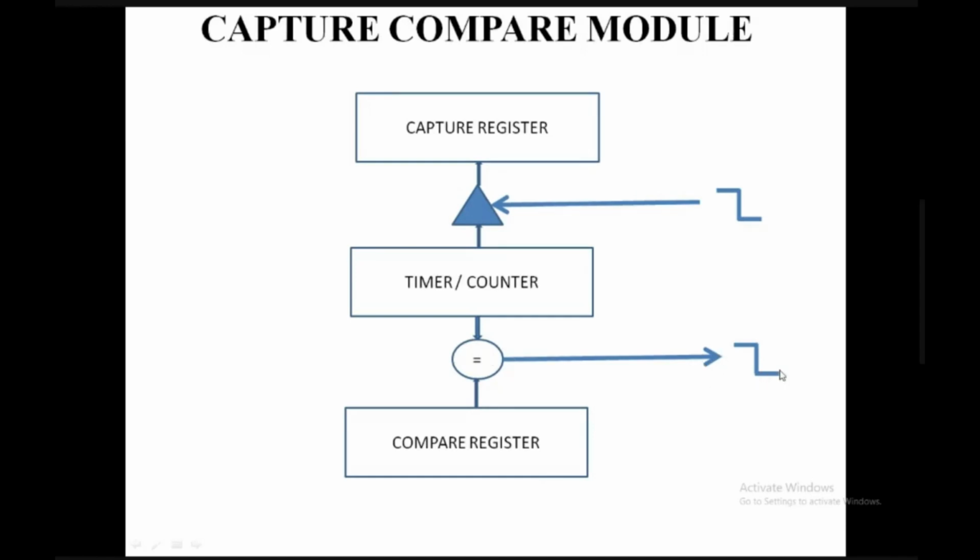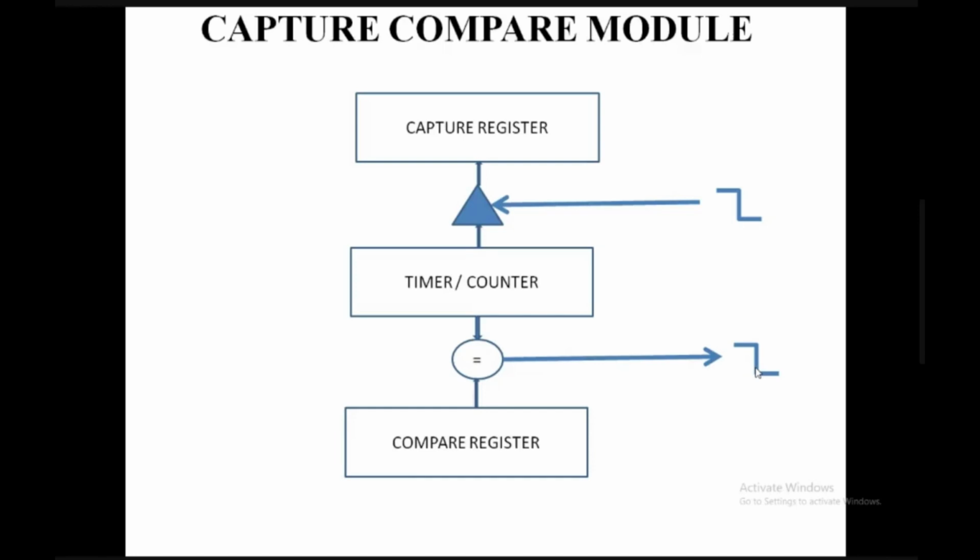And there is another interesting thing, to check the duty cycle of this PWM. We need to measure the rising edge and we need to measure the falling edge. The time interval between the rising edge and falling edge is the duty cycle, is it right? So we need to measure the time interval between the rising edge and falling edge for measuring the duty cycle. The time interval between two rising edges is our period, as we discussed in the previous class.